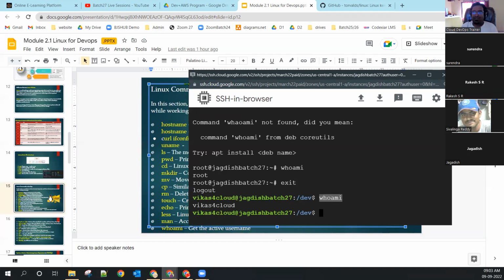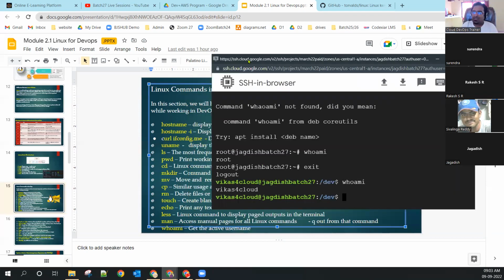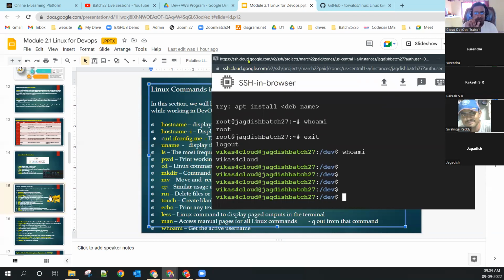Now, if you feel that, sir, I was not able to understand this many commands, no worries. There is a very simple command. You have to remember only one command. The command is man. Can anyone help me out? Which command haven't you understood out of these 10 commands? Any one command which you feel, sir, I haven't understood?